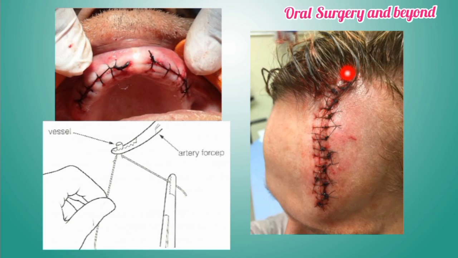Here, after trauma, the patient had an injury on the forehead, and for management of bleeding we placed the suture, and we have achieved a good closure here. Then one of the good methods is ligation. Whenever there is bleeding from a vessel or arterial blood, in a major surgical procedure we place a tie and do the ligation procedure.